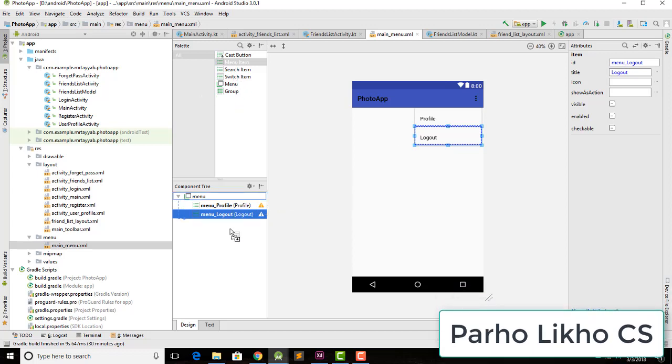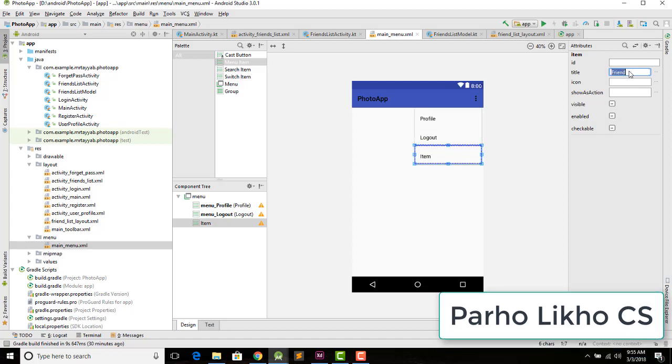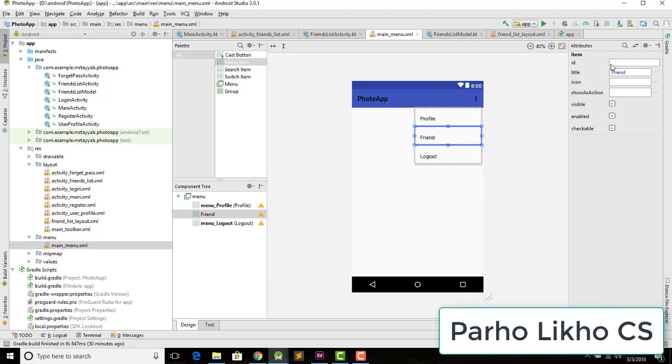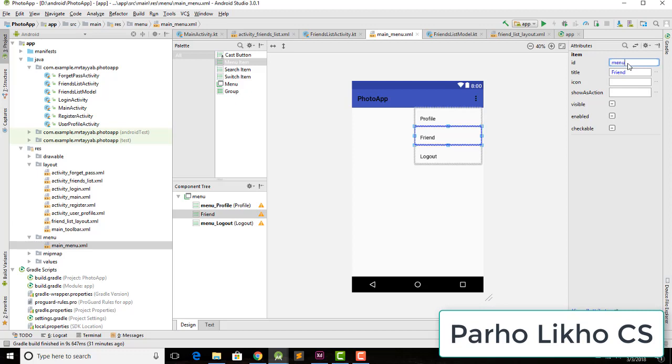No, I use to add here, and I put here name friend, and change place with replace it. Now it's time to add an ID, so I assign ID dot underscore friends underscore friend,